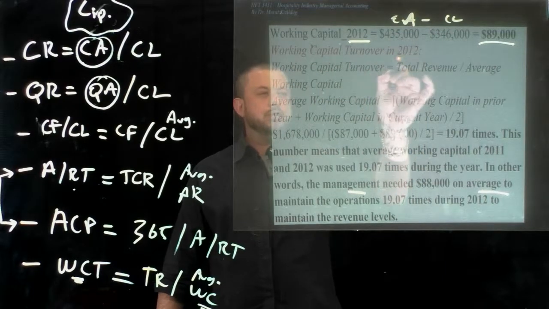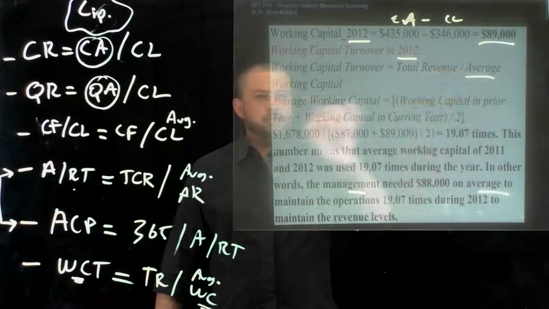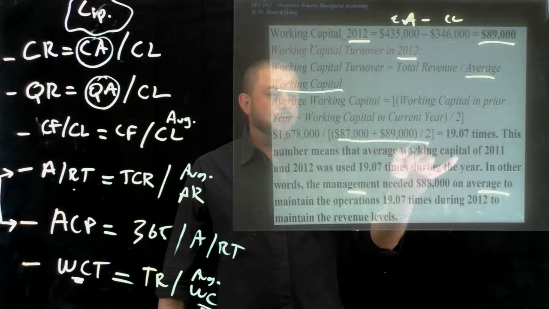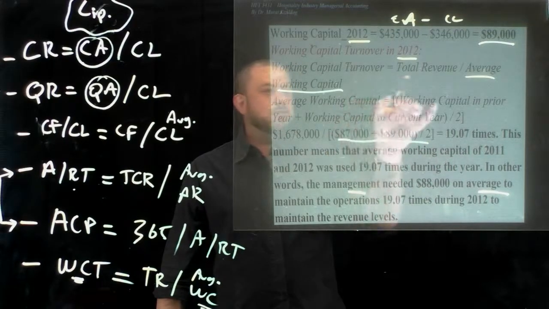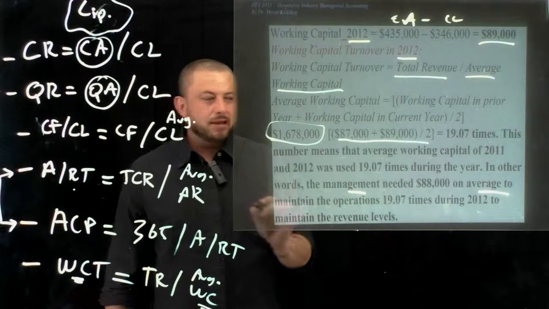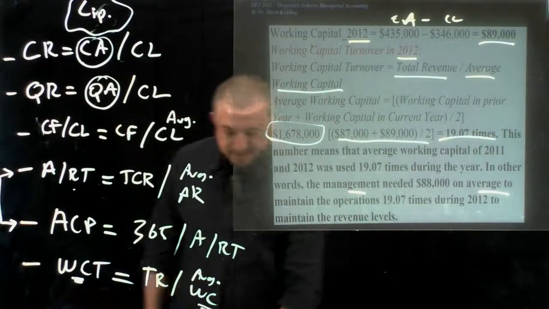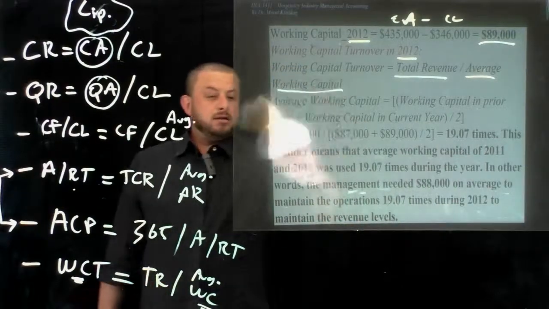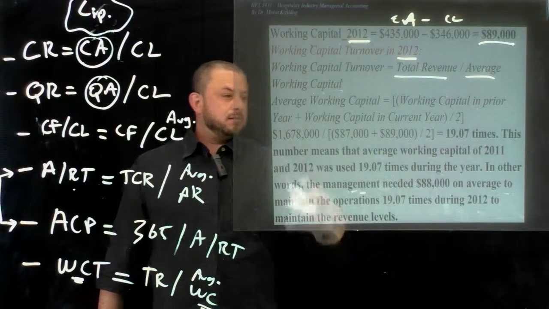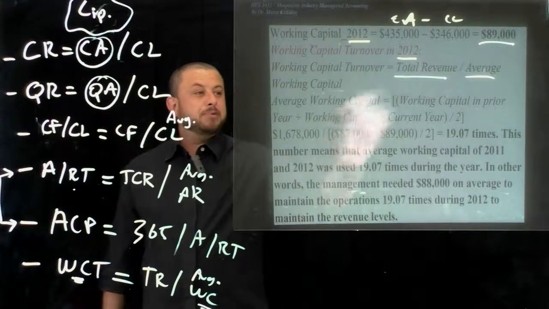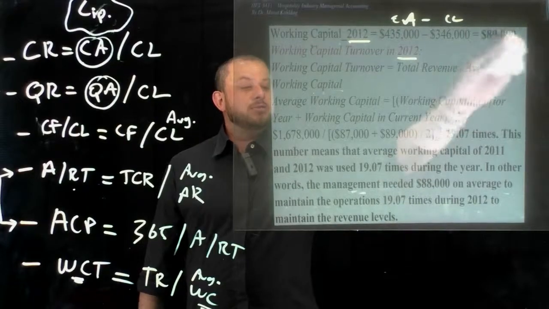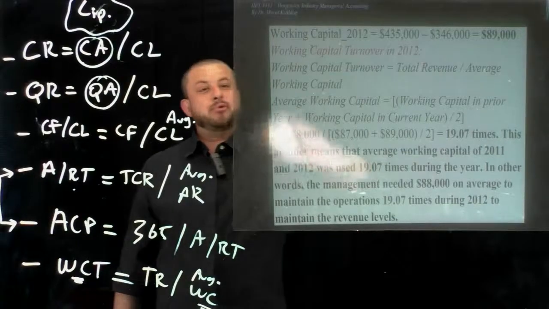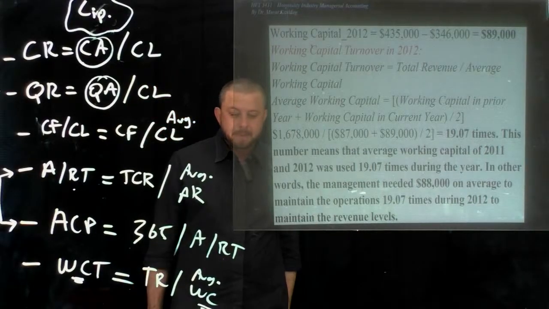Therefore, for working capital turnover in 2012, I have to take the average of the working capitals that I found from the previous calculation, which is 87,000 plus 89,000 over 2, all right? And then total revenue is given to me as this amount, right? So when I do the math, 19.07 times. That means the working capital of 2011 and 2012 was used 19.07 times